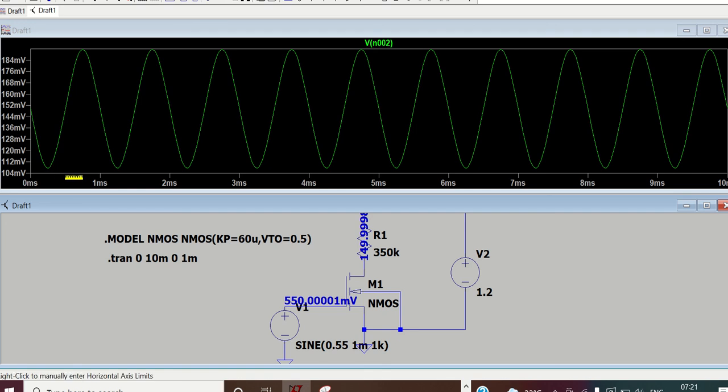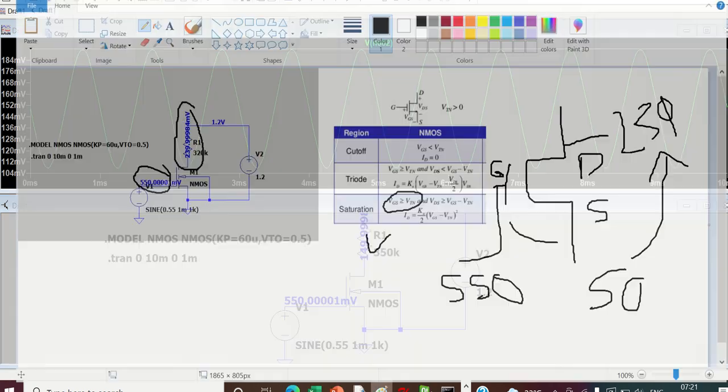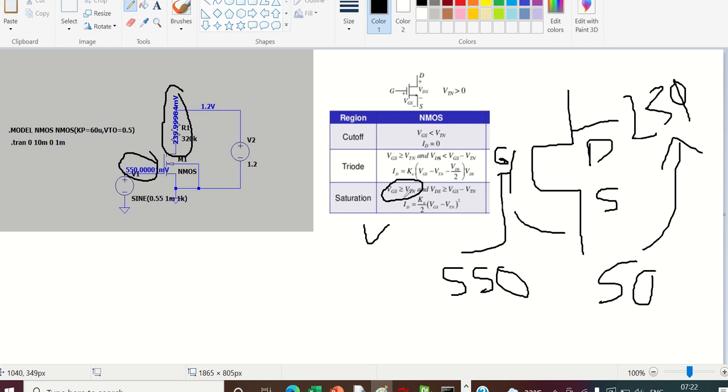So these are the things. Now if this tool will do everything, there is no point of analog. Your role is to see that these two conditions are met. Till then you will keep increasing so that your amplifier will give maximum amplification. So this is how you can do a basic amplifier.